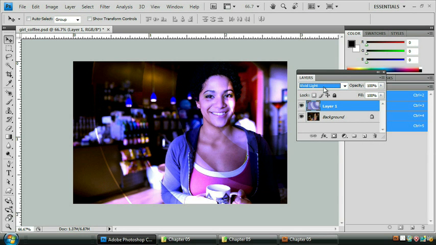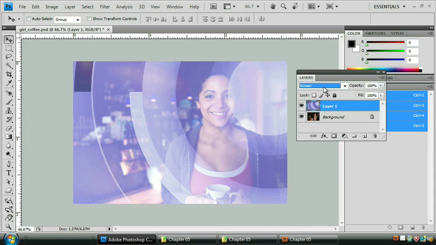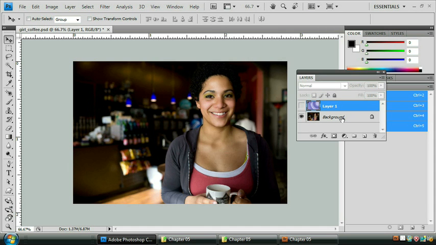Now once I'm down in the menu a bit, I can also press Shift arrow up to go up through some of these blending modes. So you can kind of determine which one you like best without having to go through all the work of selecting each one individually. Let's say that I like this one for now, and of course I can change it at any time. But I'll turn off the visibility and I'll click back on the background,